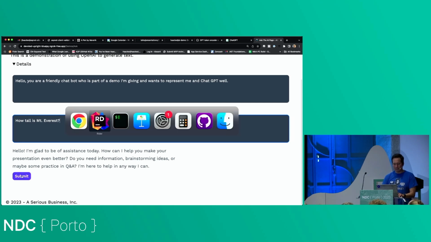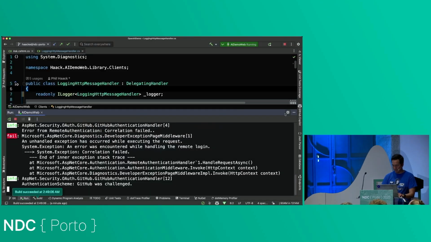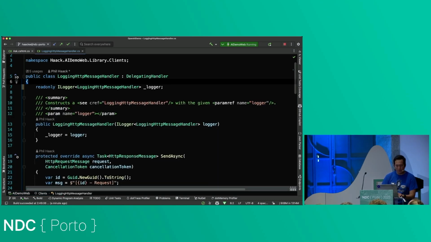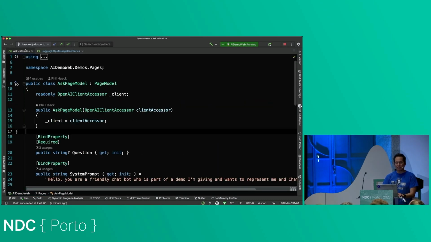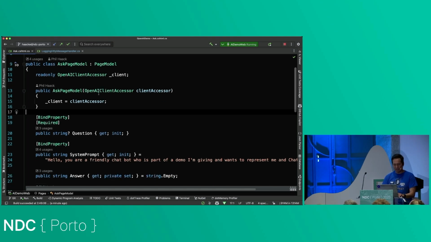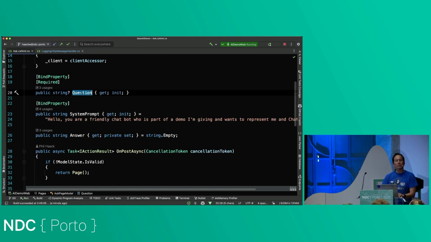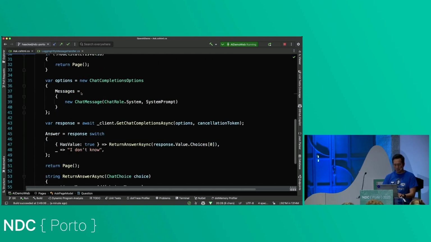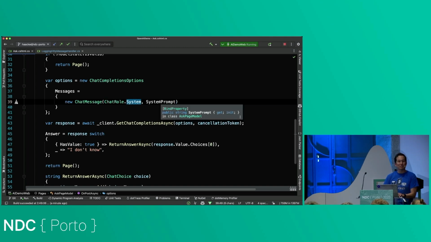Okay. So let's take a look at the code. I have a page called ask.cshtml.cs. We bind a question, and then we create this chat completions options object. And this has the messages. So here you can see I have the system prompt in the system role, like I showed you earlier.